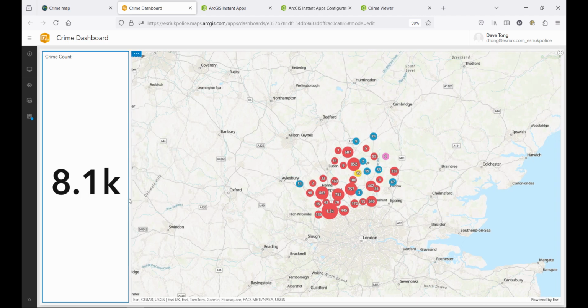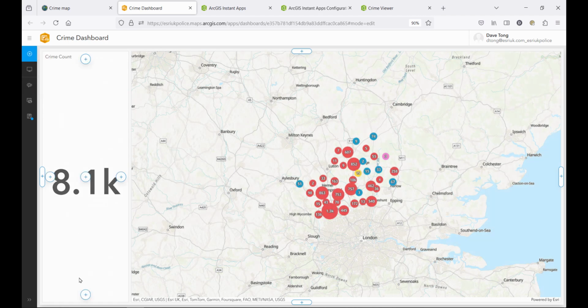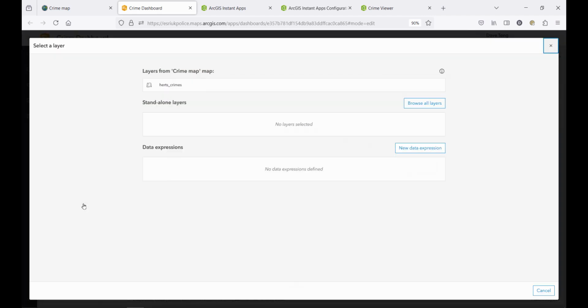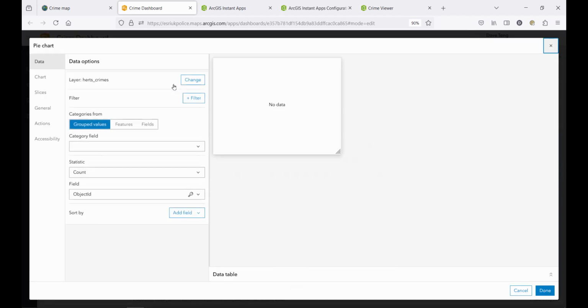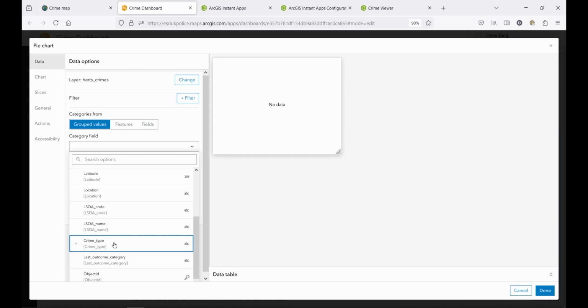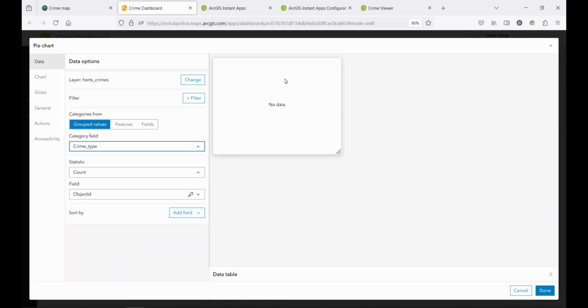Now I've included that, I want to look at the crime types. So I'll go plus, we'll put this at the bottom of my count, and we're going to get a profile of types using a pie chart. Again, I choose the crime data, and I want to do grouped values based on that crime type value. So we scroll down and select that, and it will now show me a pie chart that reflects its current